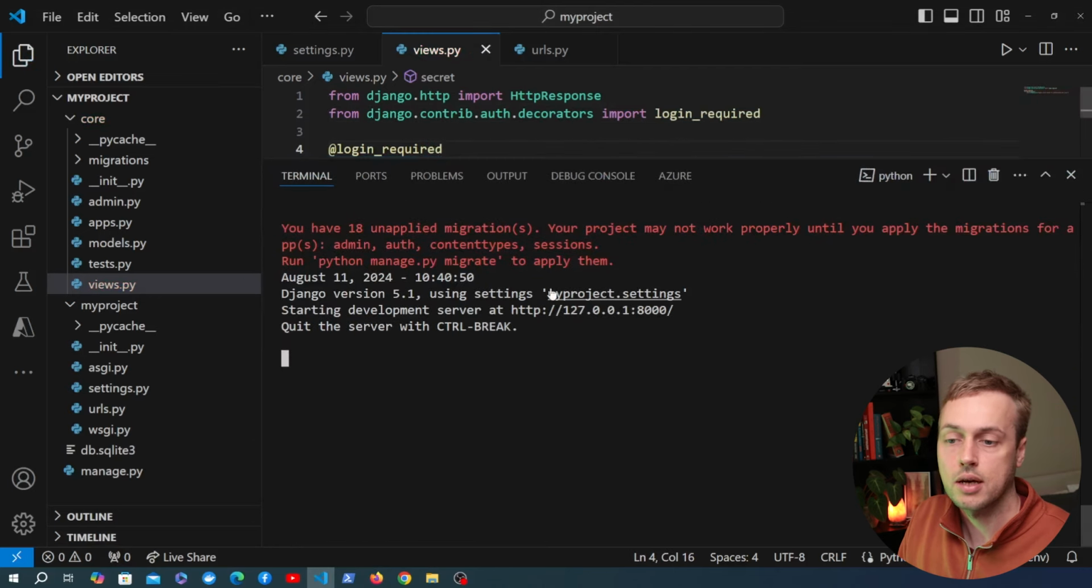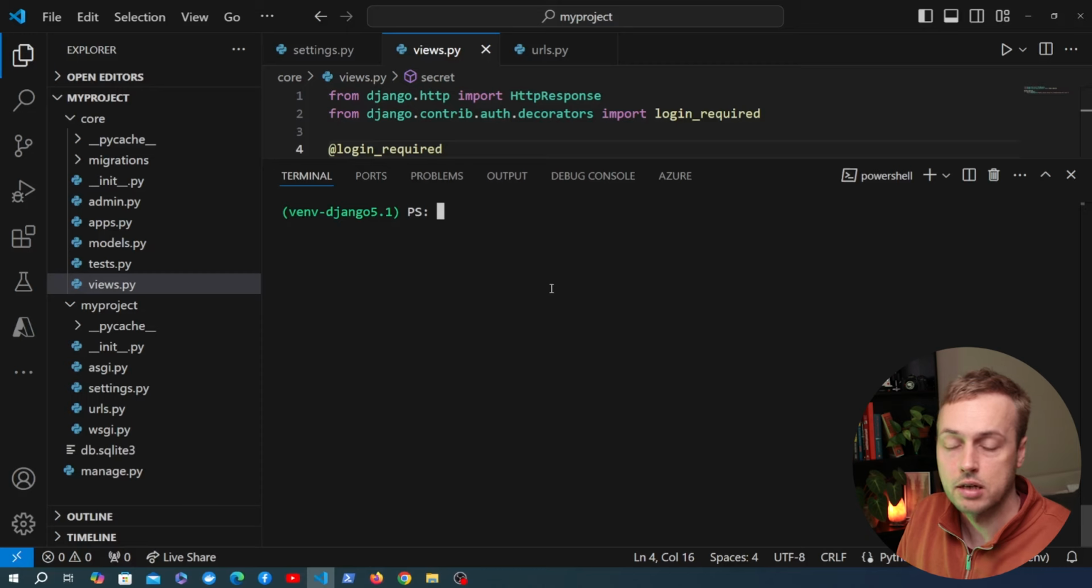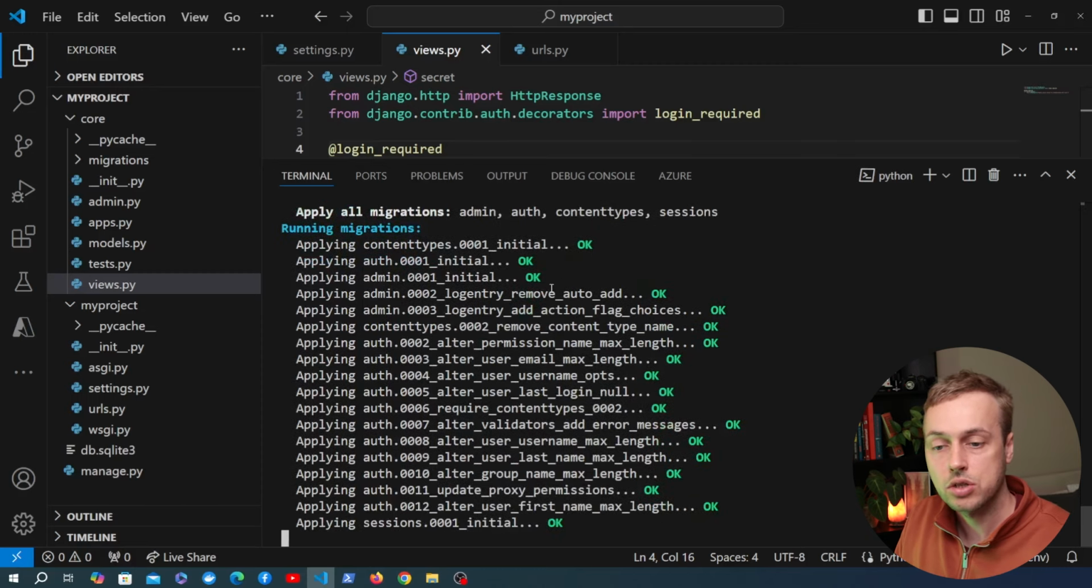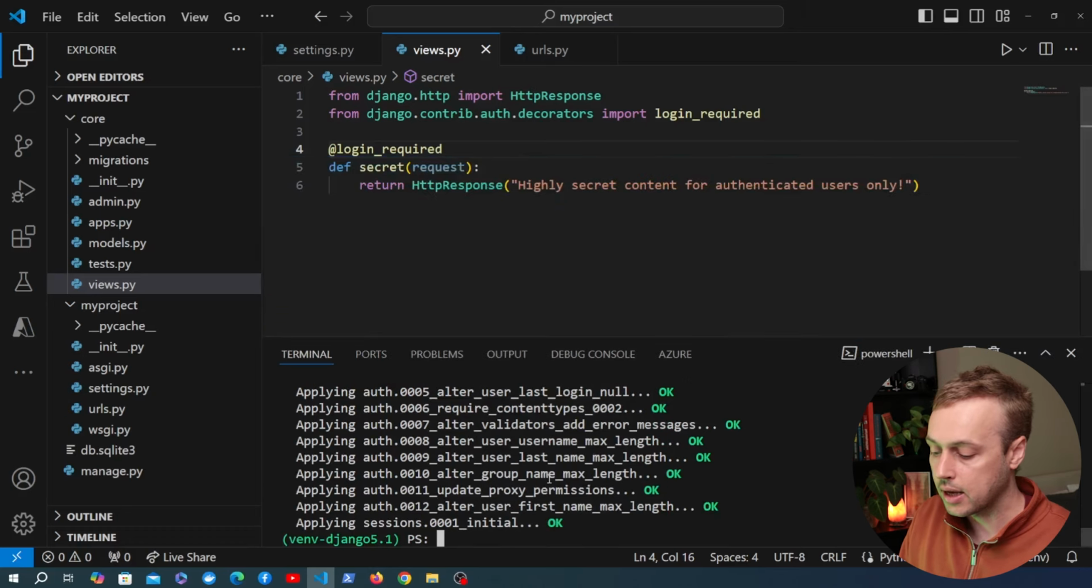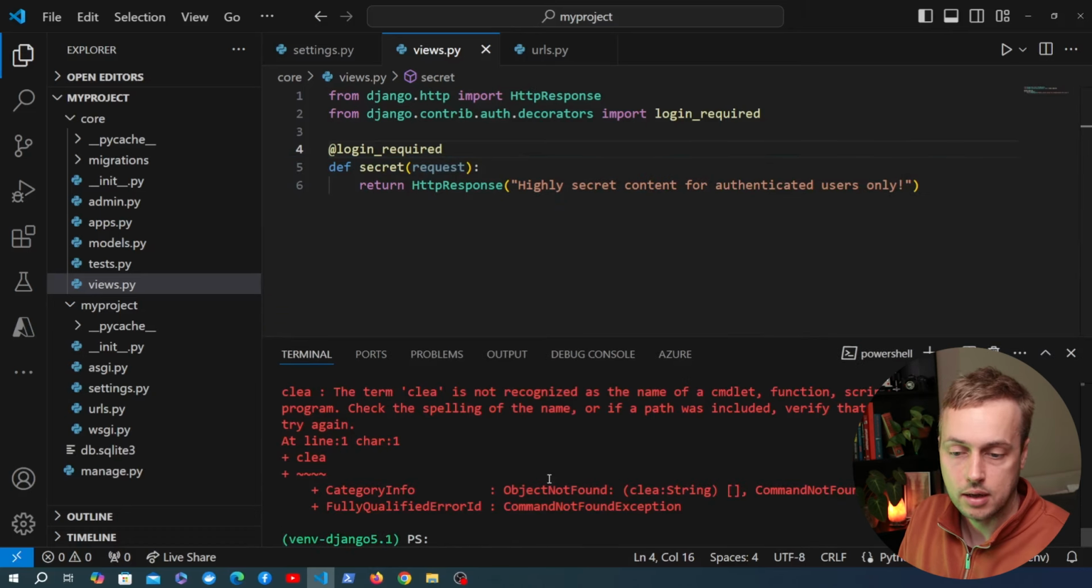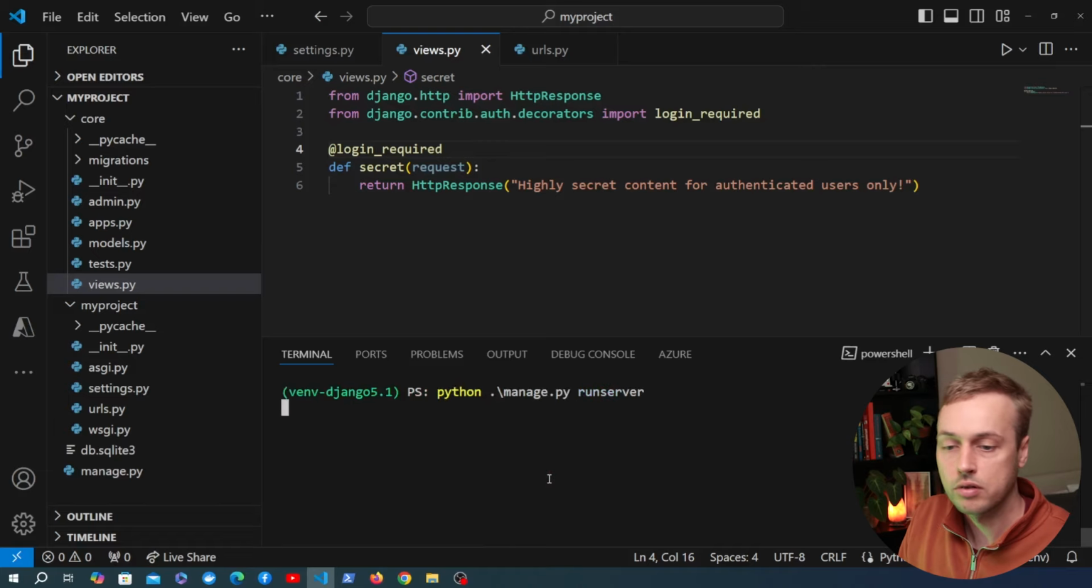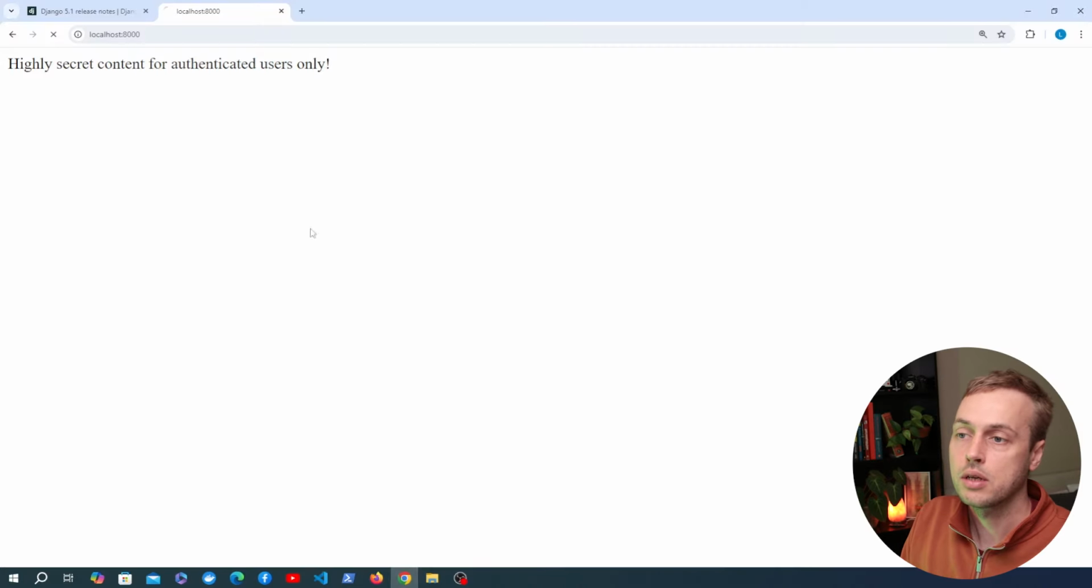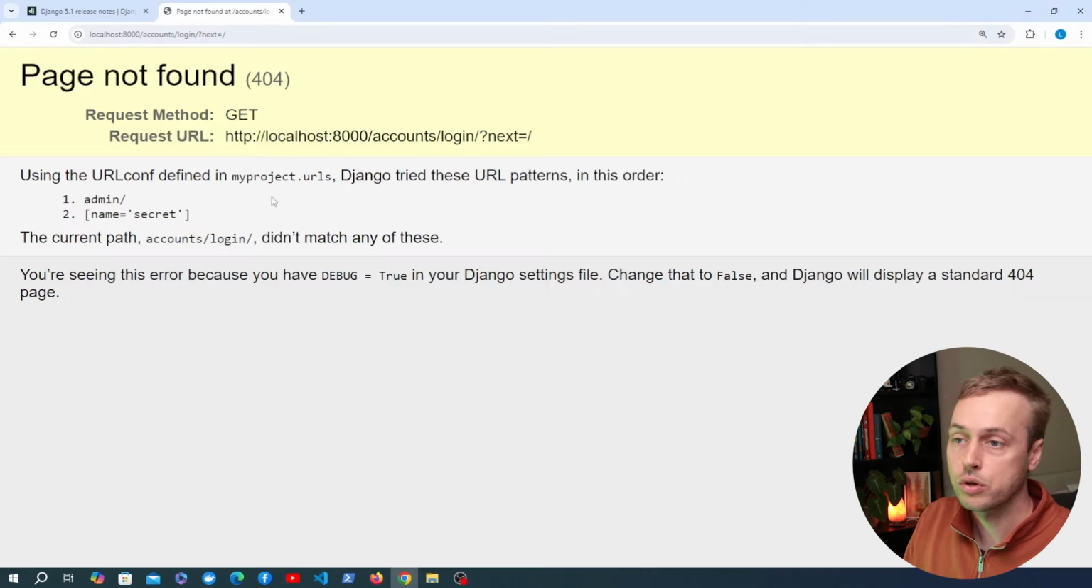Before we can actually use that, we need to also stop the development server. And I'm going to run python manage.py migrate, and that's going to create the session and the user table that are required for authentication under the hood. Once we've done that, again, we can clear the terminal here, and let me try and restart the server. Now, if we go back to this page, we are going to be getting a 404 not found here,